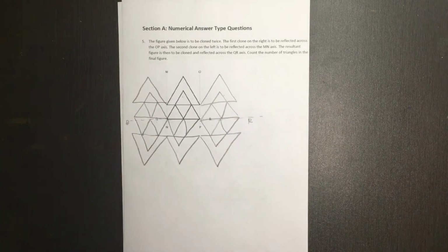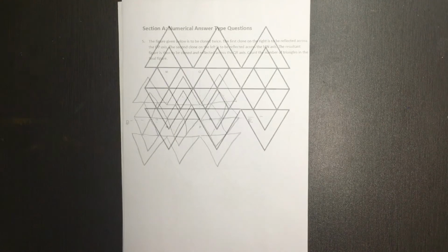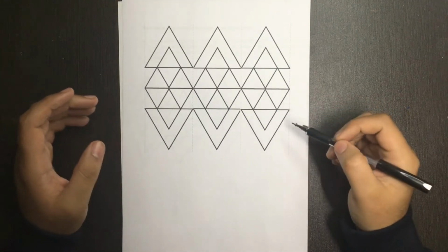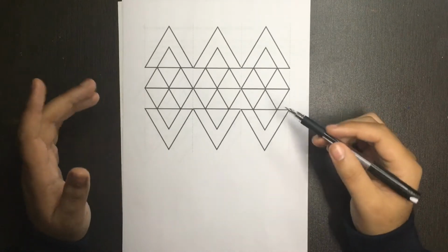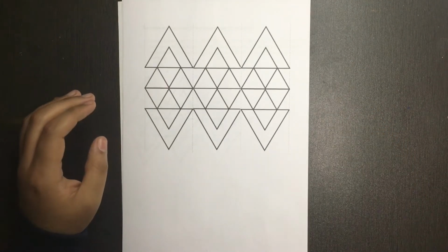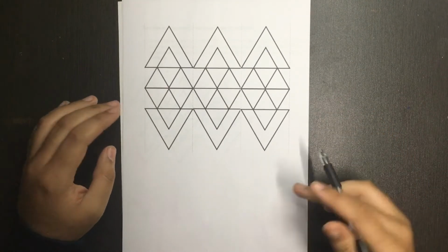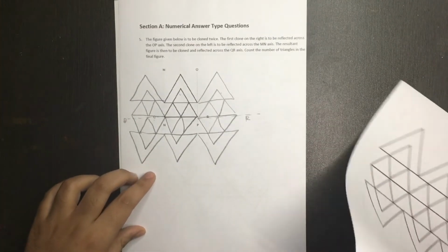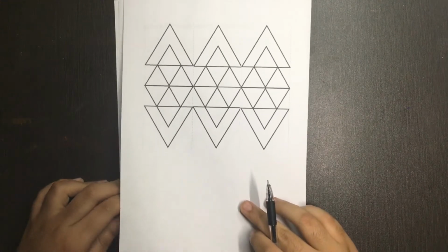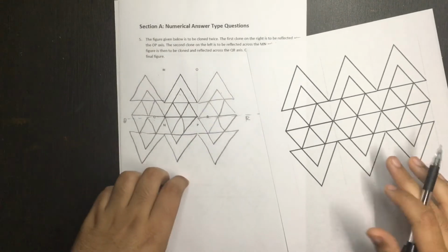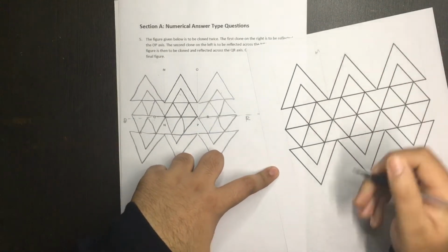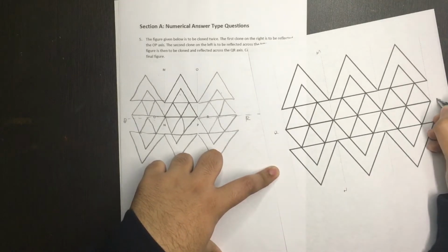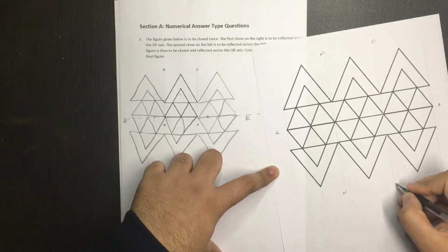So now let's count the number of triangles. Over here I have made the image on the computer so that we'll get a better and cleaner image where counting the number of triangles would be easy for demonstration. So this was the figure that we got, and this will be the final figure. I'll mark the axes over here. So M, and this will be N, and over here it is Q and R, and over here it is O and P.